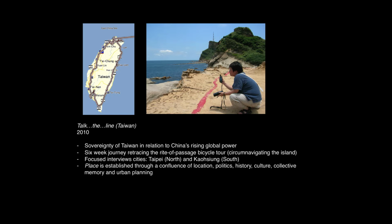This piece is actually still in progress because of the complexity of the piece, and also because the thing that we tried to look into turned out to be far beyond what we could imagine. But I think that's good because everything is in progress, the same as this media. We are particularly interested in the very tangible relationship between Taiwan and China, especially China's rising global power. So we spent 6 weeks traveling around Taiwan, and in particular, we took a route that a lot of Taiwanese